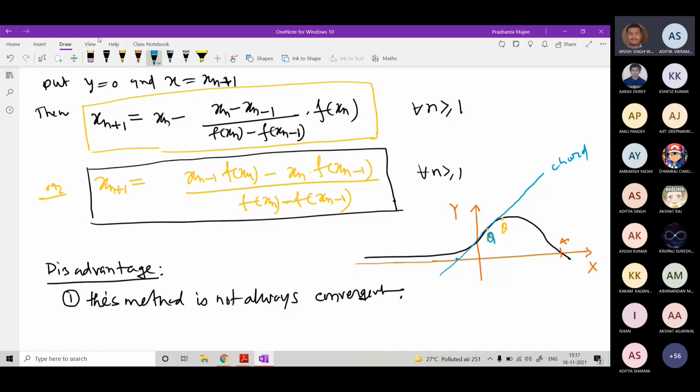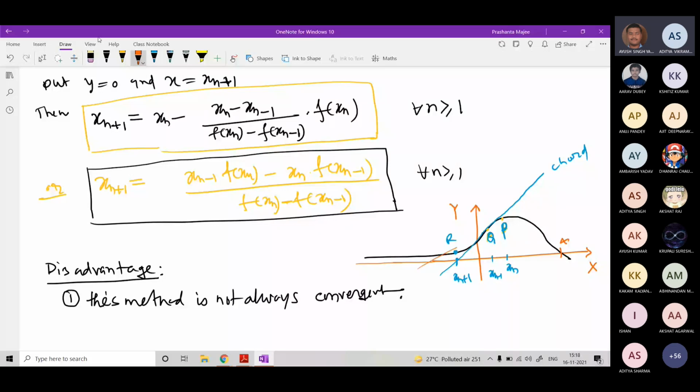So this is Q, this is P. This point from it is intersecting here. This one is xn, this is xn minus 1, and this will be xn plus 1. Now what we'll do? We'll draw a chord joining xn and xn plus 1, so these 2 points P and R. In the next iteration, we'll draw a chord joining these 2 points P and R.